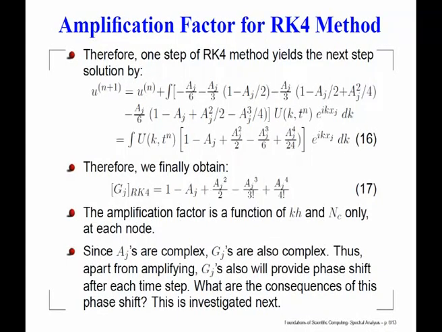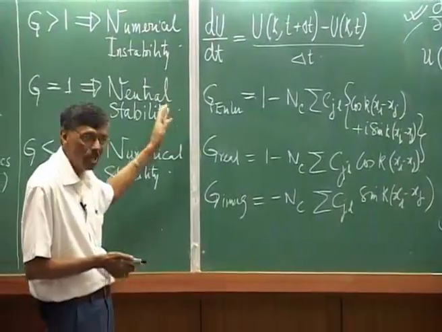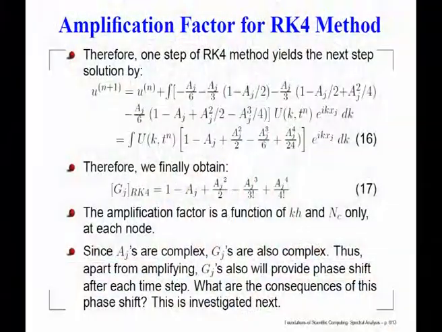So, if I have a real quantity and an imaginary quantity, I can write it in terms of a modulus times e to the power I phase, right. So, basically every operation, every time step would be equivalent to multiplying the previous time step solution with the amplitude plus a phase shift, right. Now, you would be interested to know what kind of a phase shift you are getting, because in solving this equation that we have started with, namely the 1D convection equation,